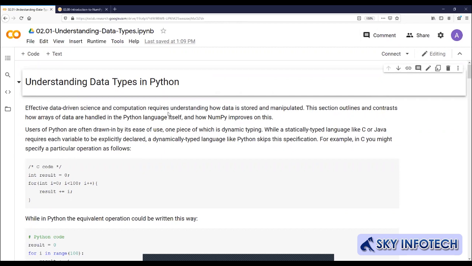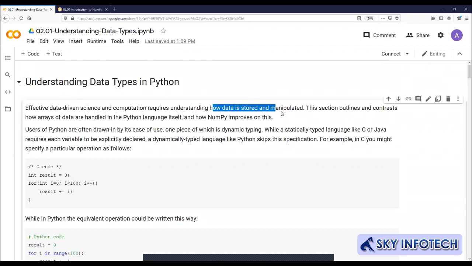Effective data-driven computation requires understanding of how data is stored and manipulated. आप कैसे store कर रहे हो, उसको manipulate कैसे कर रहे हो, ठीक है? So basically, how arrays of data are handled in the Python language and how NumPy improves this. अभी हम लोग ये discuss कर रहे हैं कि आप array store कर रहे हैं into Python, तो किस तरह से होगा?